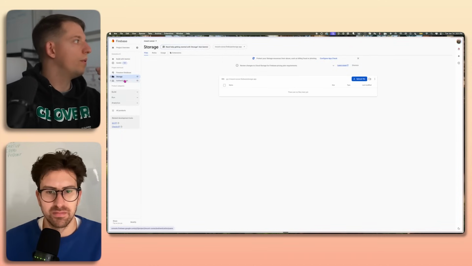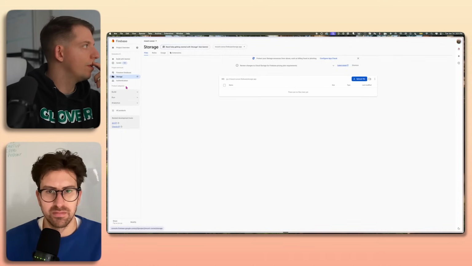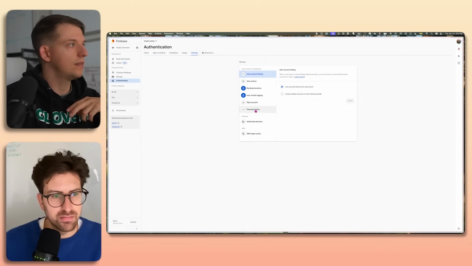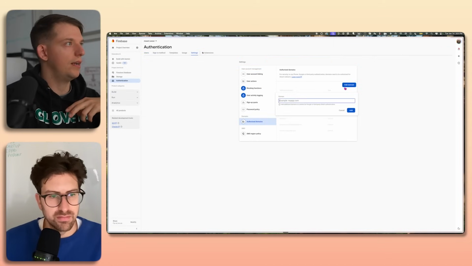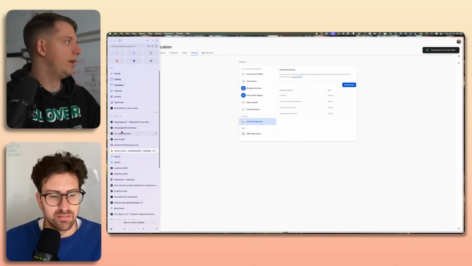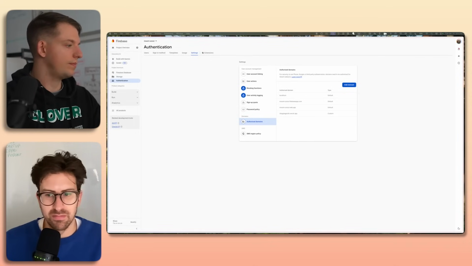Okay. What we're going to do here is go to authentication. We need to go into settings and go to authorized domains, add a domain, and paste this domain right here. Now that we've added that, we can go back to